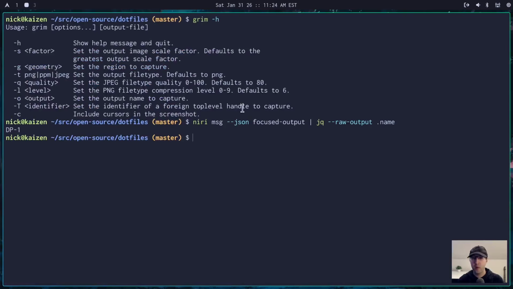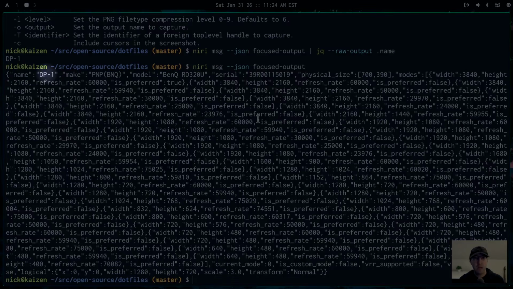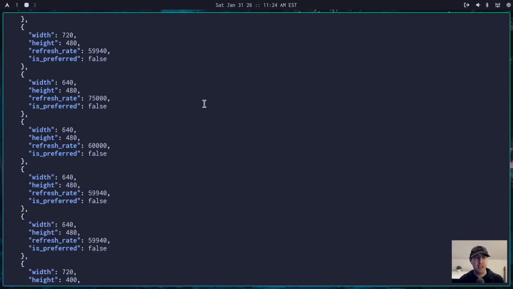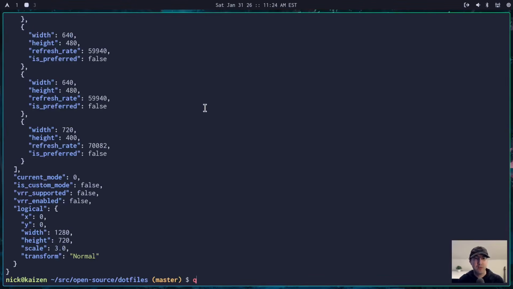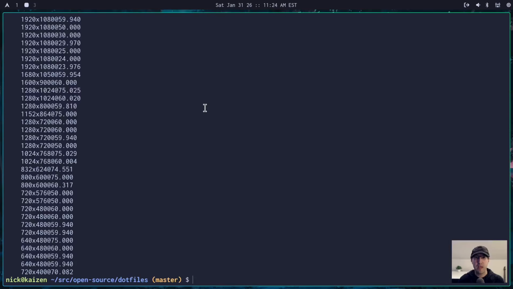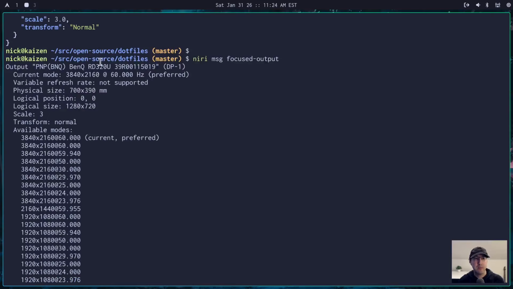So if we even rewind this a little bit more and we don't use jq to parse anything out, we can actually see all sorts of things here. It's actually horrendous to read. So let me just use jq to actually make it a little bit easier to read here. But yeah, if we take a look here, actually, you know what? Let's make it not even JSON, so it's a little bit even easier to read as a human. So if we get rid of the JSON flag there, then yeah, we can see the output here